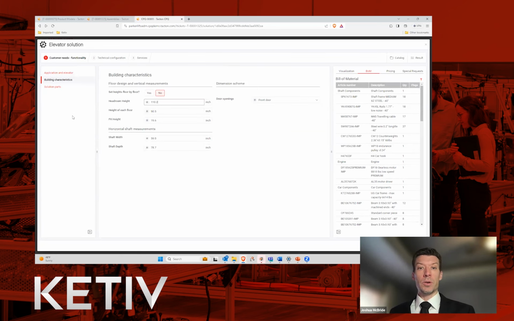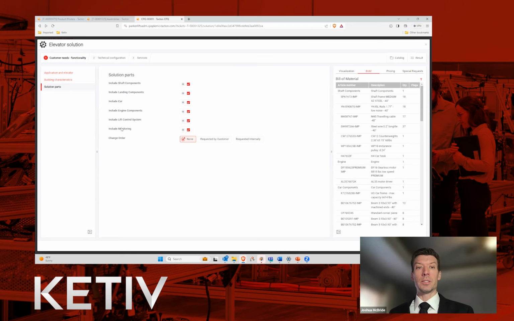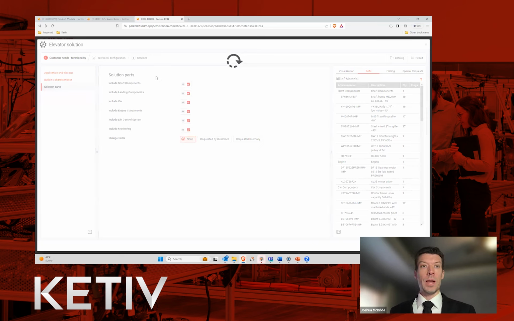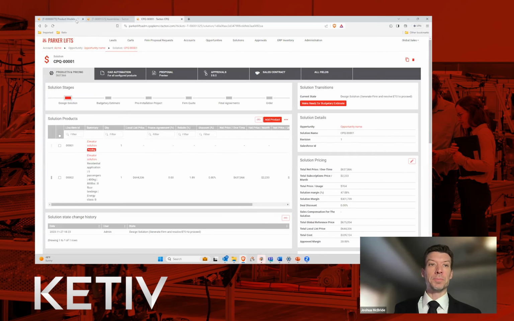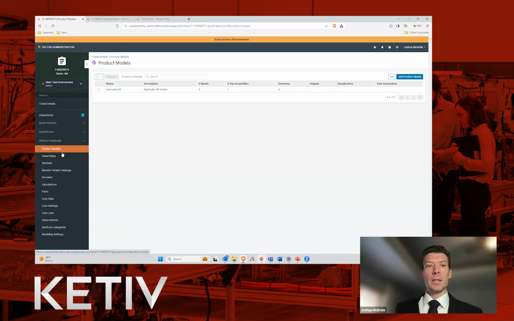So I'm not going to go too deep into this because we looked at this, but we could go in and set our different building characteristics and our different solution parts that we want or don't want and so forth. But we'll finish and save here. And then we'll actually look at the back end and how this is achieved. I know when I first got into it, I was surprised at how easy it actually was